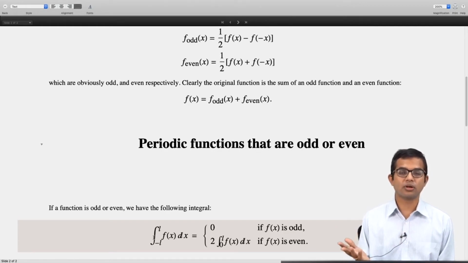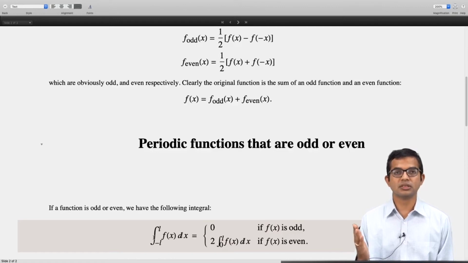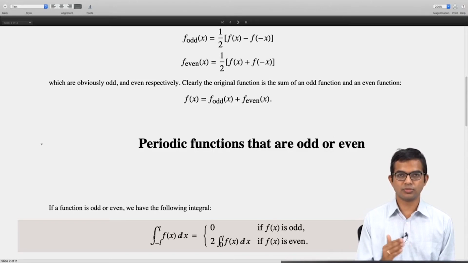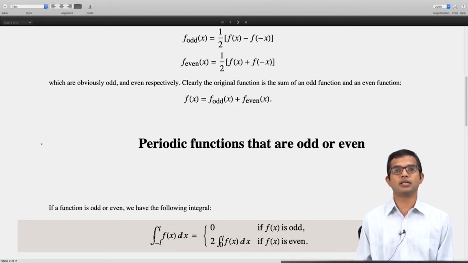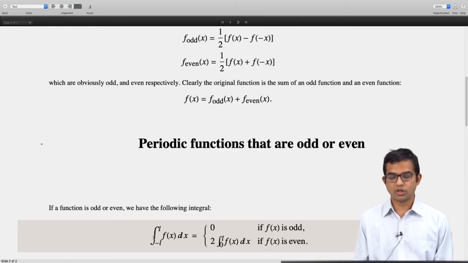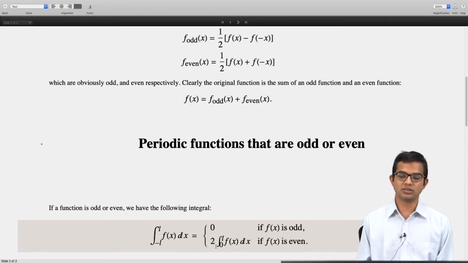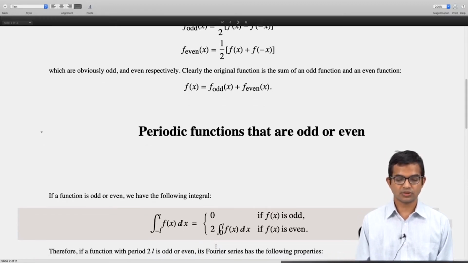An even better way to do this is to actually do it graphically. Just plot a function which is a mirror image of itself to the left of the origin, but with a negative sign, and then you will see that the area that comes in on the right from positive x will cancel with the area that comes in from negative x. But on the other hand, if f of x is even, you don't have to do the full integral from minus L to L. You do one of these parts, let's say from 0 to L, and then you just take twice of this, right? So that's a consequence of the evenness.